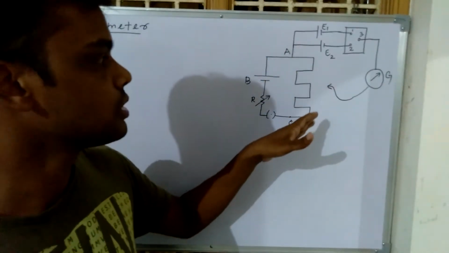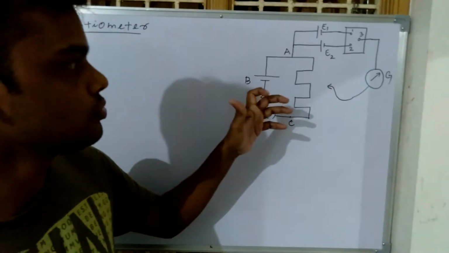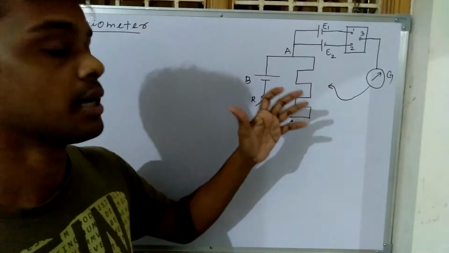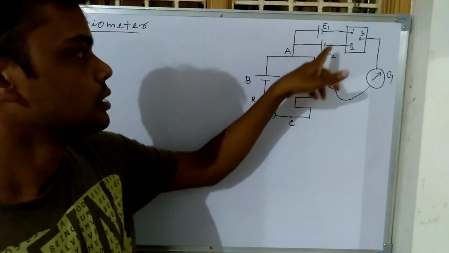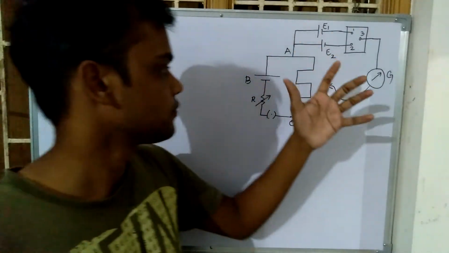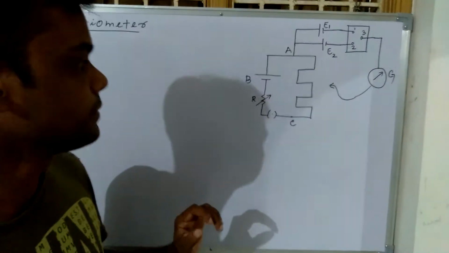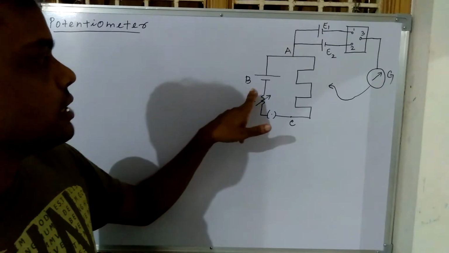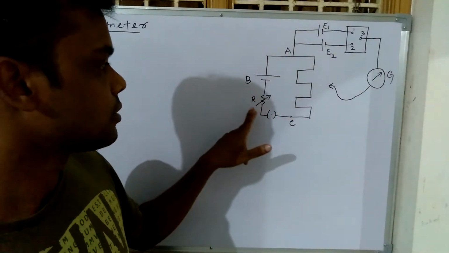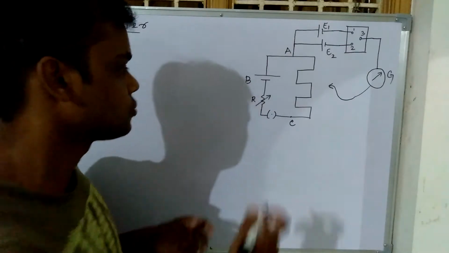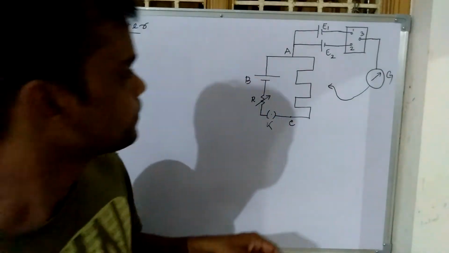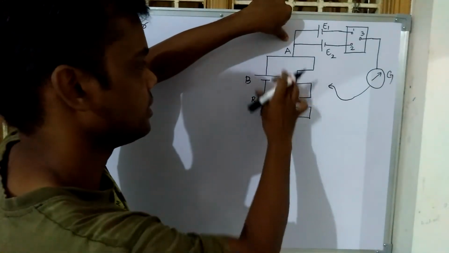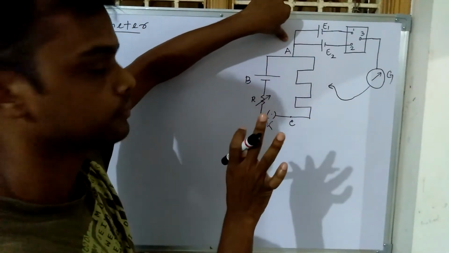In this case, we shall discuss how the potentiometer is used to measure the value of electromotive force of an unknown cell. Okay, here is the configuration. Let us first understand what this configuration is saying. You see here, B is a battery, R is a variable resistor, and K is a switch. From point A up to point C in this path, these are the elements connected.